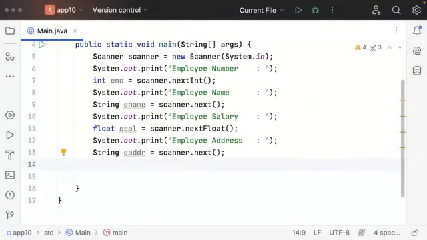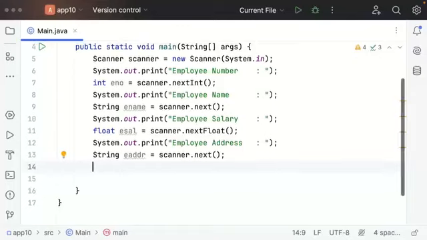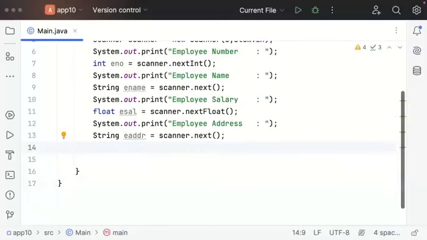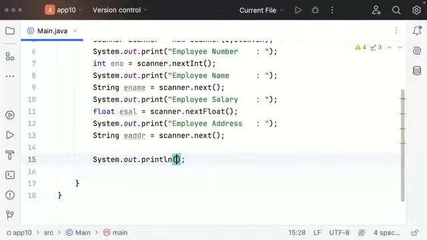So finally we are getting different types of data through the scanner. But I have not used any wrapper class in this whole process. I have not used integer.parseInt method or float.parseFloat method. I have not used these types of methods. Got it or not? Fine, sir. This is exactly the meaning of the scanner. Okay, fine. Whenever we are getting input from the scanner, now System.out.println, here we have to provide the employee